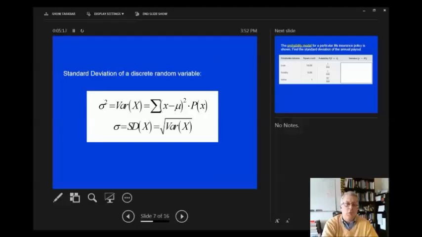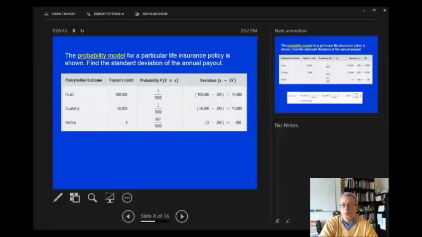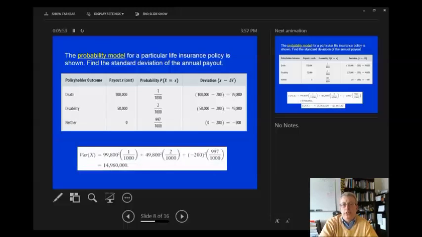Now this works the same as when we worked with standard deviation and variation previously, looking at data, where we'll take the observation, in this case $100,000, the outcome, minus the average, which was $200. We'll square that result, and then we'll multiply it times its probability, and we'll do that for each of the three outcomes. There we have them set up again, our three outcomes and our three probabilities, and we multiply those out. Now notice here, this is where that 0 starts to become important because we are going to take that into consideration now. So we sum those up, and that will actually give us our variation, which is rather large due to the squaring effect,